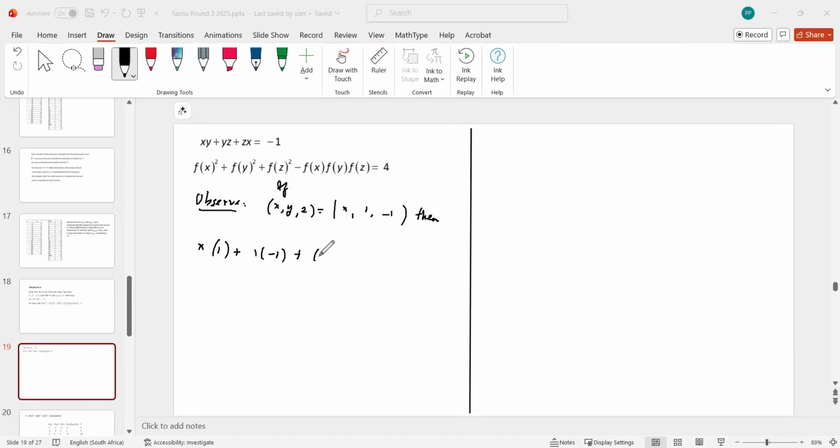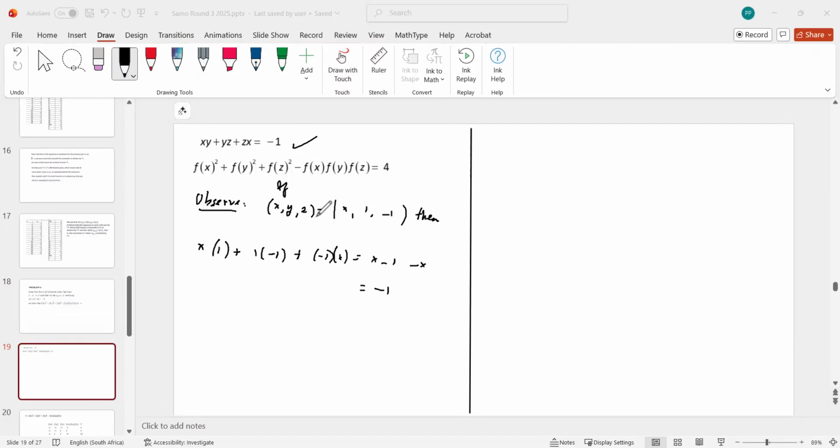This is plus minus 1 times x. Now if you simplify it, you get x minus 1, and minus 1 times x is minus x, and that is minus 1. So it satisfies, right? So no matter what x is,